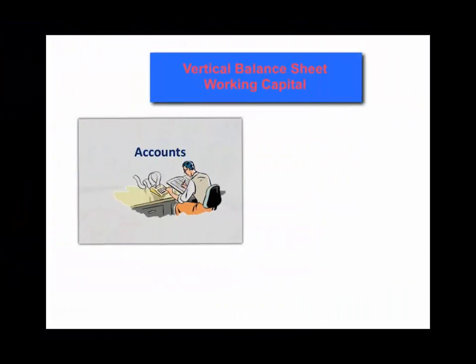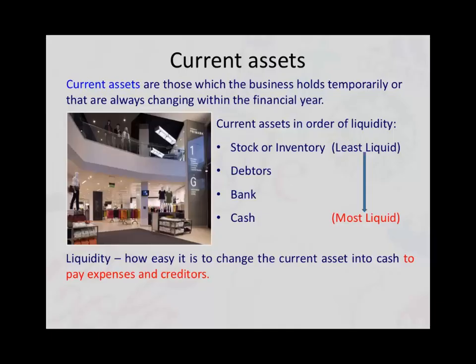Hoss, and today I am going to explain to you how you lay out the current assets and current liabilities in the vertical balance sheet. Current assets are those assets which a business holds temporarily. In other words, they are changing all the time within the financial year. The current assets that you need to list in your vertical balance sheet are stock or inventory, debtors, bank, and